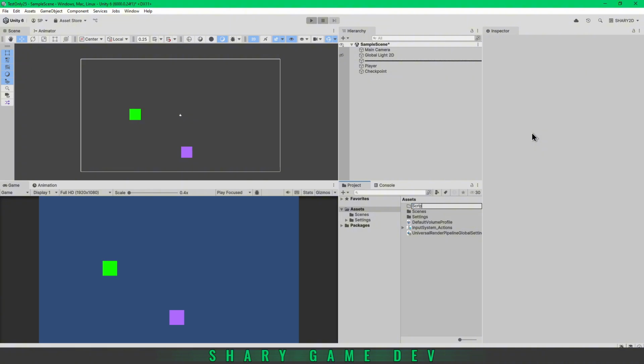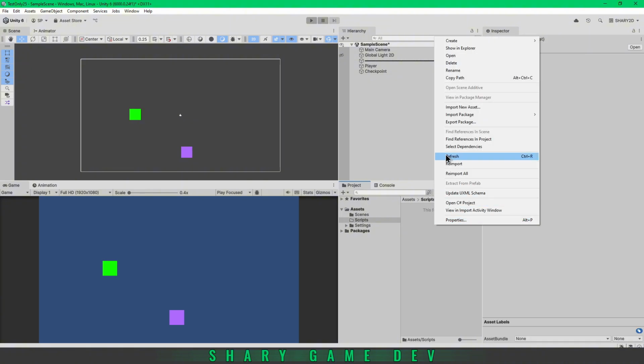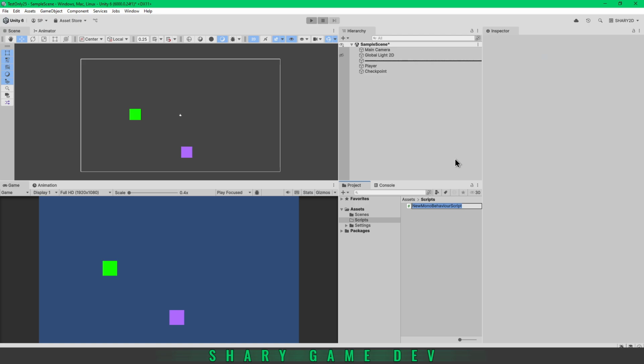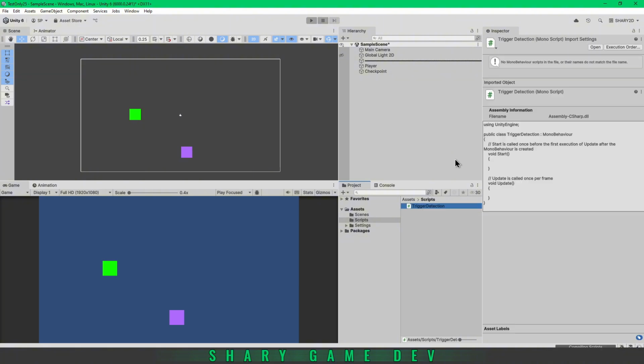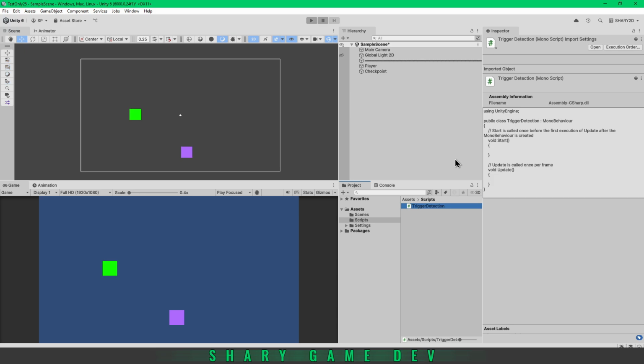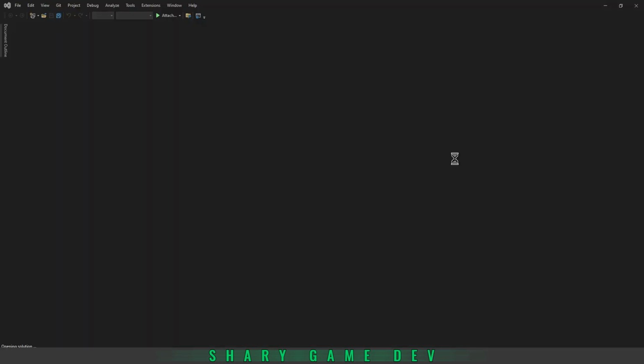So then I make a new folder, Scripts, and I'm gonna make a new script called TriggerDetection. We're gonna write the script so the player could trigger the checkpoint. Okay, so I'm gonna open the